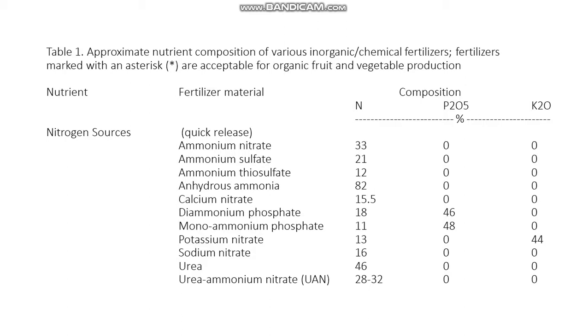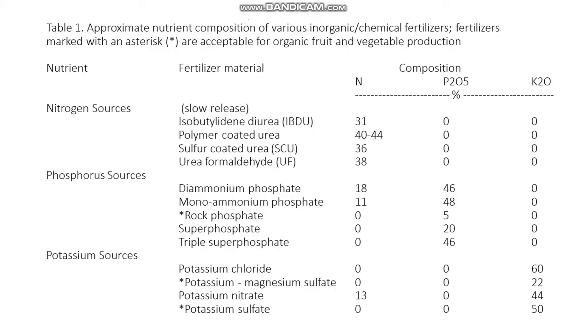We have nitrogen sources as quick release: ammonium nitrate, ammonium sulfate, ammonium thiosulfate, anhydrous ammonia, calcium nitrate, diammonium phosphate, monoammonium phosphate, potassium nitrate, sodium nitrate, urea, and urea ammonium nitrate. We have also nitrogen sources which are slow release: isobutylidene diurea, polymer-coated urea, sulfur-coated urea,